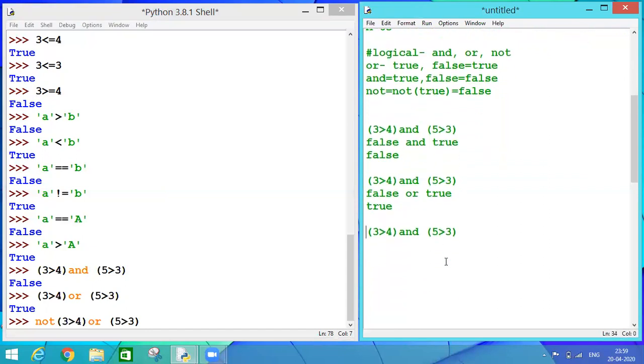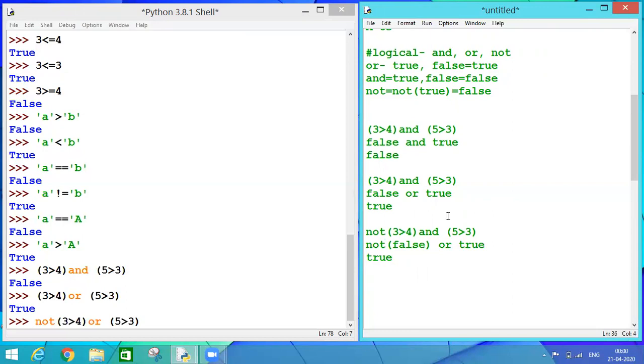So what is happening basically? I have placed NOT over here. So NOT of false or true. This will be my result in the very first line. After that, the NOT operator is there along with false, so my false will get converted into true.